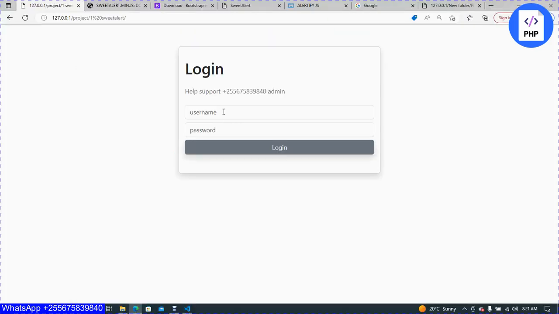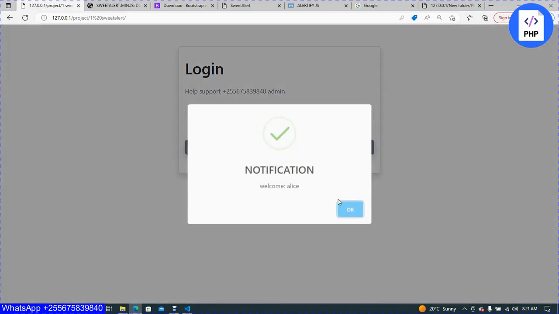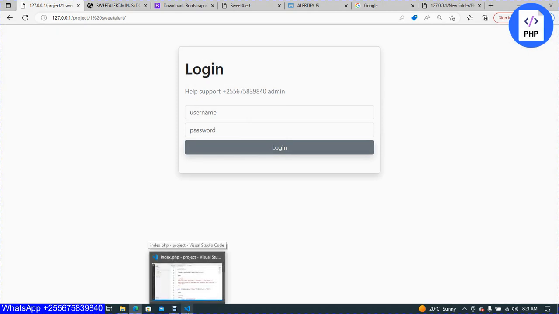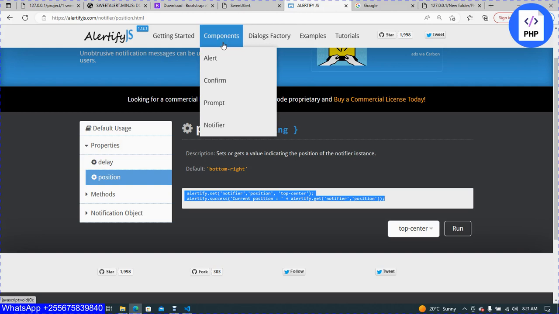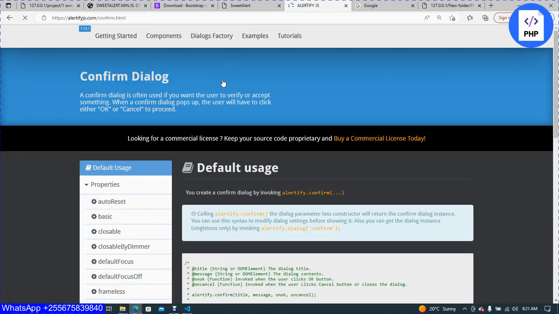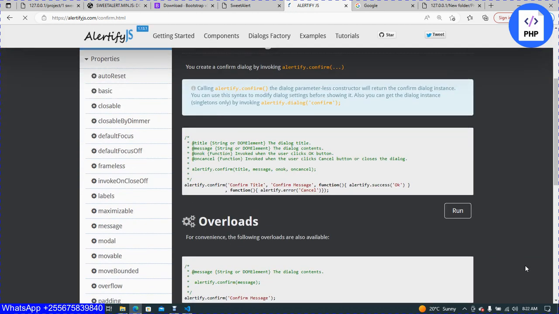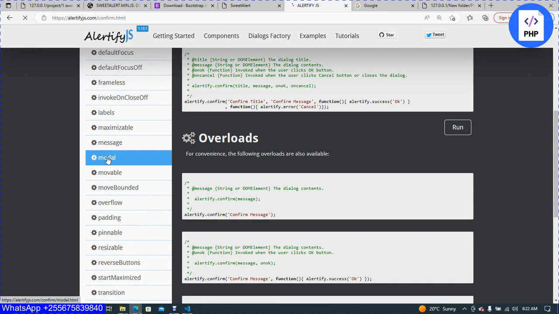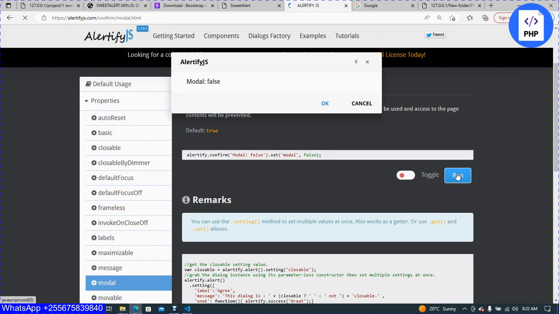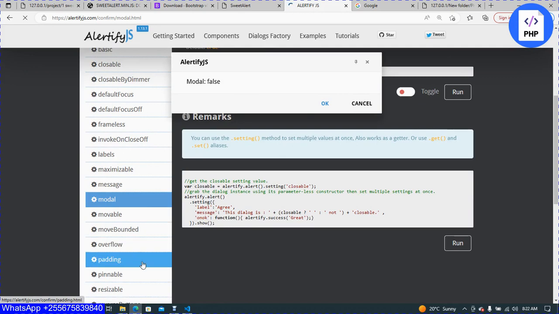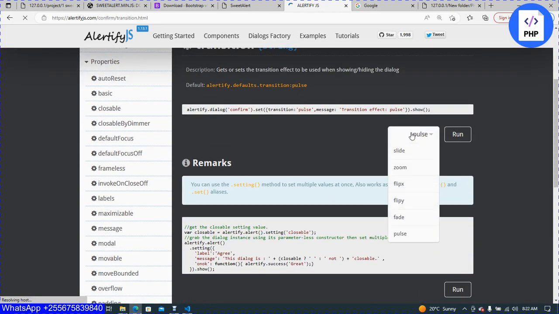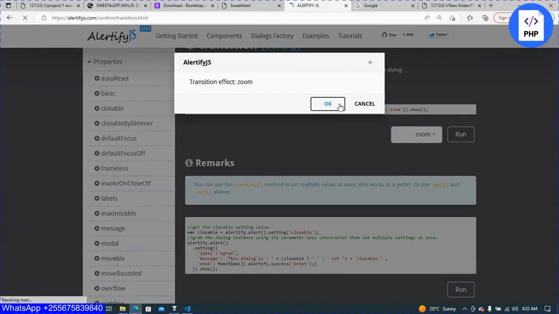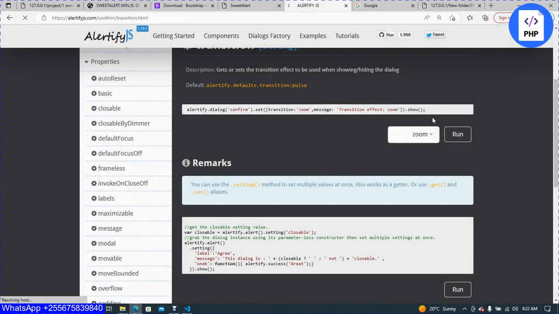Okay, when I write username is Alice and password is 1234, when I click login, so this is sweetalert, so just remove it. So when you change sweetalert to ALERTIFY, come to ALERTIFY. Okay, so come to component, then come to confirm. Okay, and after then just select a model. Okay, and try to run. Okay, you can see our model. So then in model, choose transition. Okay, and now for transition we take zoom. Okay, you can see zoom looks nice. Okay, zoom. Okay, so now copy it,